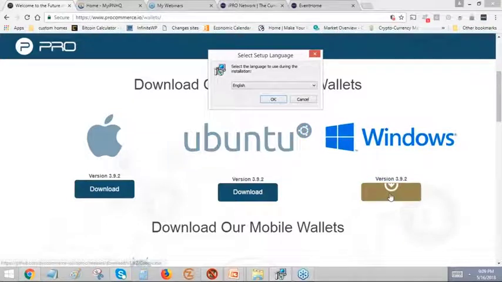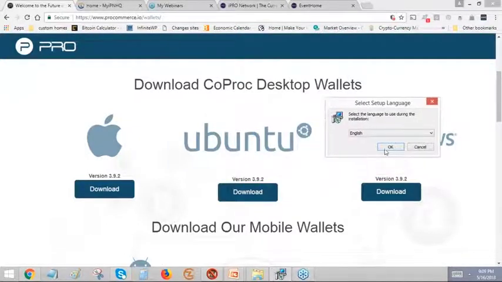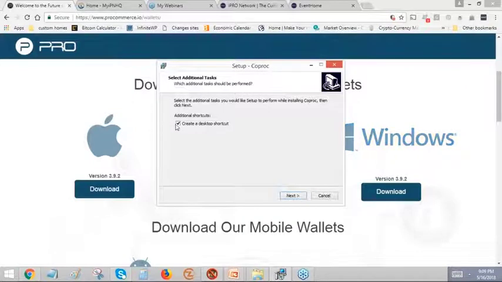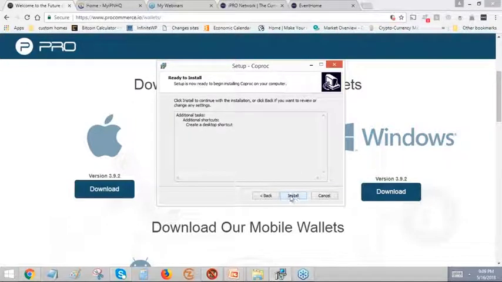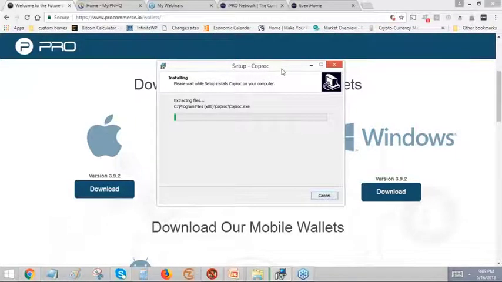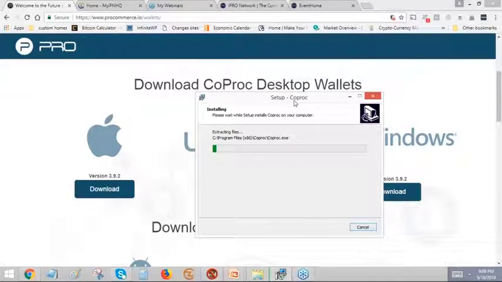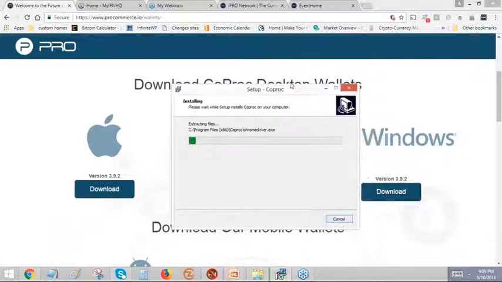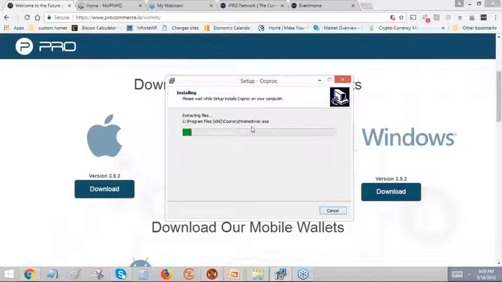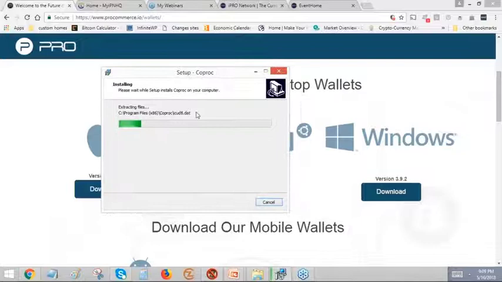So once you click download the wallet, you're going to come up with this right here. This is a little icon for you to say, yes, you want to install this wallet. So you just go through it and you say, yep, you could create a shortcut on your desktop. All right, so you click next. You click install. So now what's happening is, you can see here, I'm setting up the coproc wallet. That's how simple this is. And it's just going to create a file on my computer, and this wallet will be on my computer